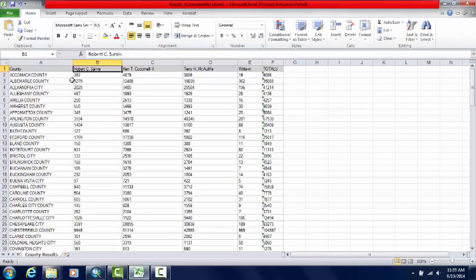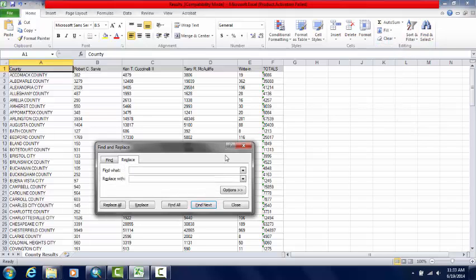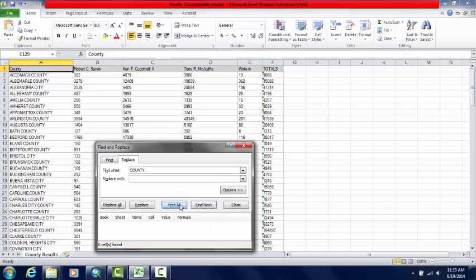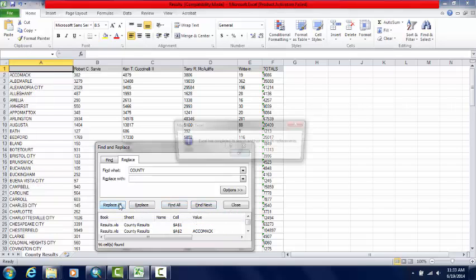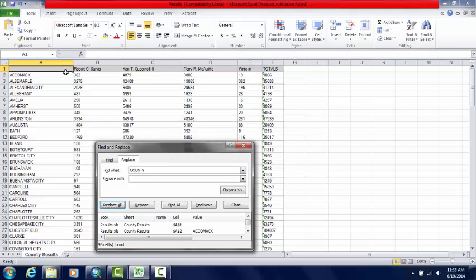The first thing I'm going to do is start getting rid of all of the county names in this column, and that's pretty simple to do. We're just going to do Find and Select and Replace. We're going to find "county" and replace it with nothing. So we're going to find all and then replace all. And we can see that all county names have been deleted, including this one,